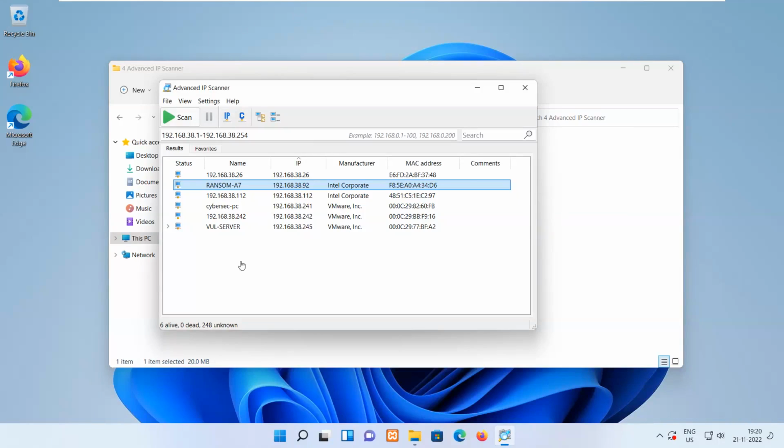So let's see. This application, Advanced IP Scanner, shows you what all live IP addresses are available in our network. And then it is also giving you some additional detail about the MAC address of the system that is identified. So it is checking for what all IP addresses are available, and then it is also checking for what